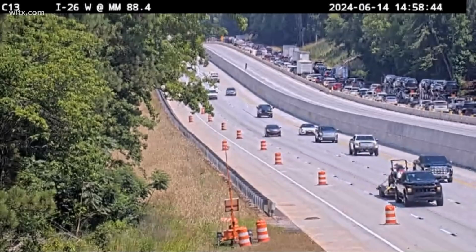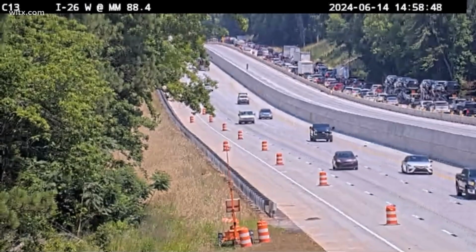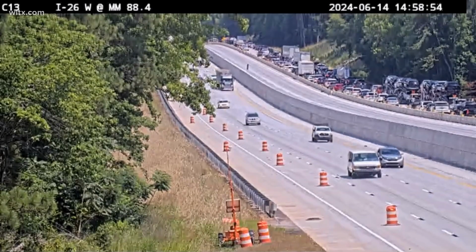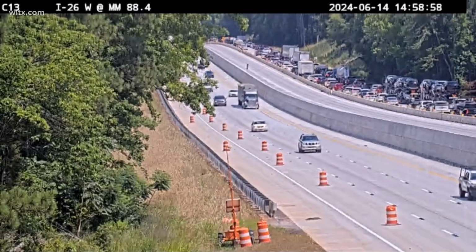This is what it looked like less than an hour ago. Bumper to bumper traffic after a fiery car accident. We are starting with breaking news this evening. This news near Chapin about 2 hours ago. An accident involving several cars on I-26 combined with a brush fire responsible for the major traffic jam that you're